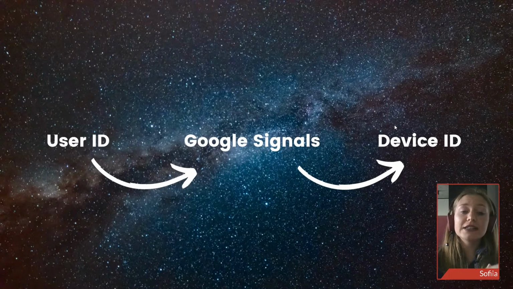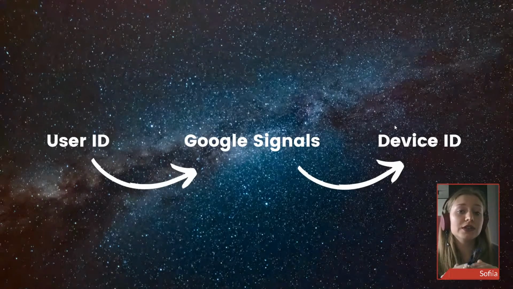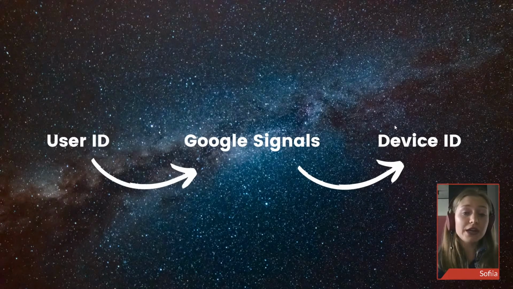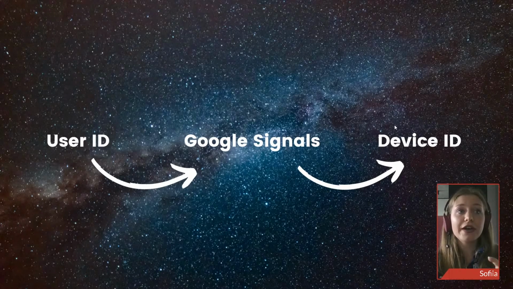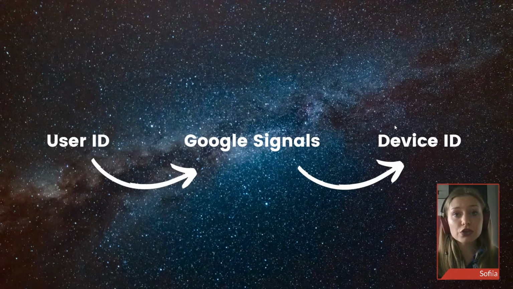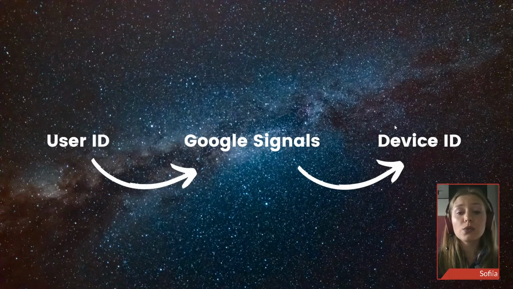So in this case, analytics would fall back to Google Signals. What are Google Signals? This is also a way to identify your users, to have this cross-device tracking, but it can be not that reliable. And let me explain why. Because in order for this to work, a user must be signed in with Google. So this is number one. And then number two, the user should have personalized ads enabled. So two conditions, and this is not always the case. This is the reason why it can be not that reliable, but still this is a good option